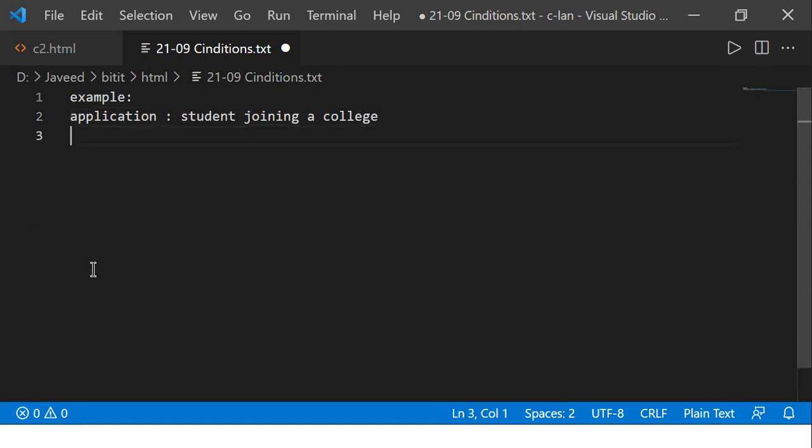Or another application, let's say the student is writing an exam. When you're going to write the exam, you'll be asked to fill up a form there. What is the year for which you're going to apply for the exam, and all those details they'll ask you. So that is one application form for you, right?